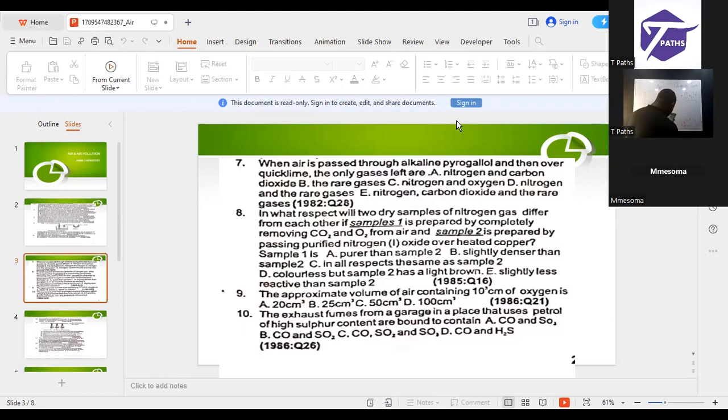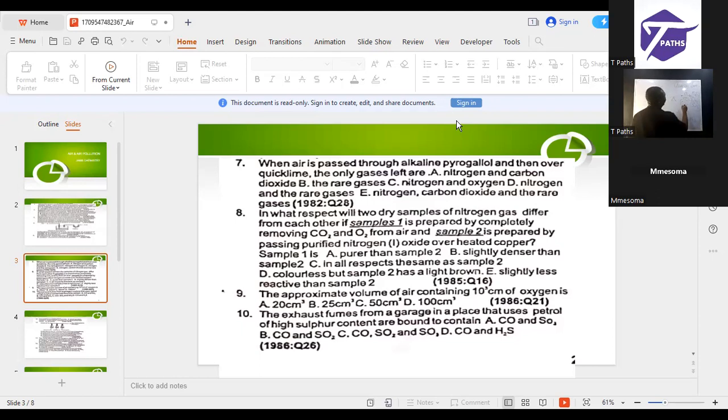CO, SOx, SO2. Now, this is a high amount of sulfur. We know sulfur can combust to give us SO2. We also need to know that sulfur can combust to give various amounts of the gases, so we can say SOx. Then look at the options there: CO, SOx, and SO3. It can be SO3 too. CO and H2S, H2S can never be formed. CO and SO3, CO and SO2. I think the best answer is